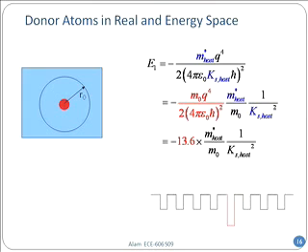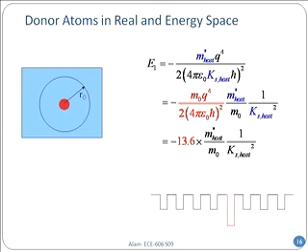Now, if you want to express it in terms of hydrogen expressions that we already know, I have taken everything and multiplied by m naught and divided by m naught, the red m naught and the black m naught. Similarly, I have taken the kappa for the host to the right-hand side. So the left-hand side, the thing in red, I already know. Do you remember that it was 13.6 in the hydrogen atom case? That was 13.6, and that's why I pointed it out.